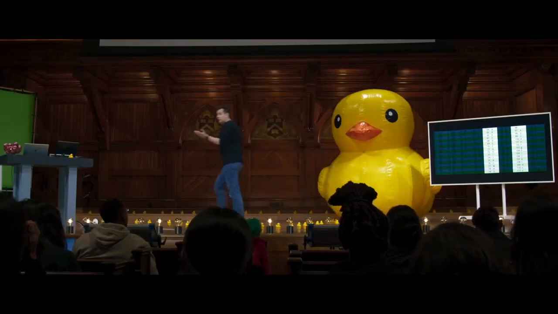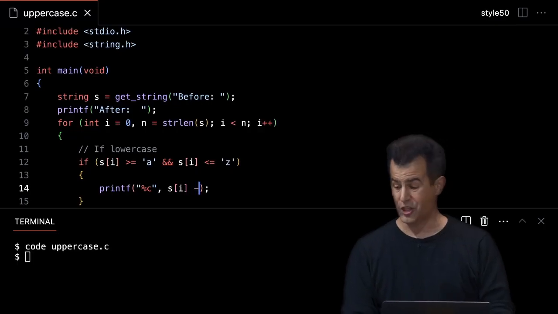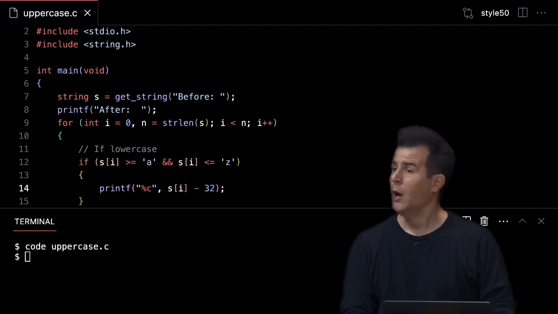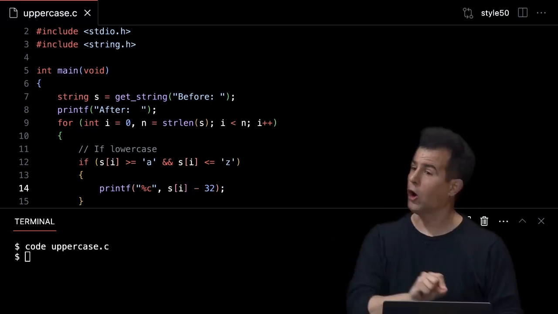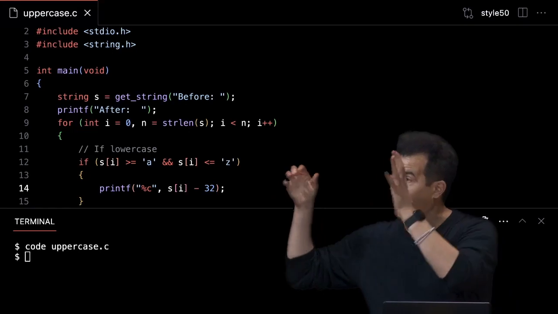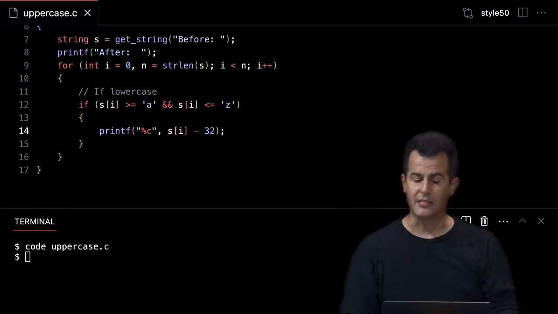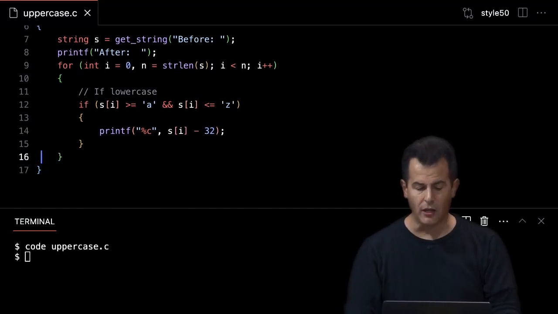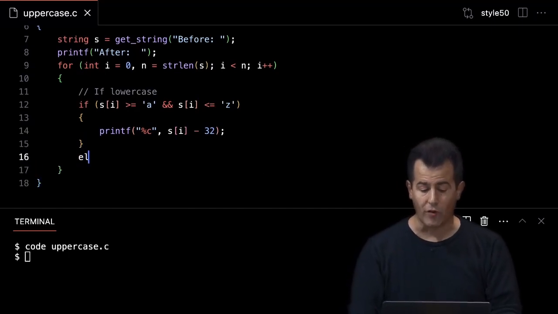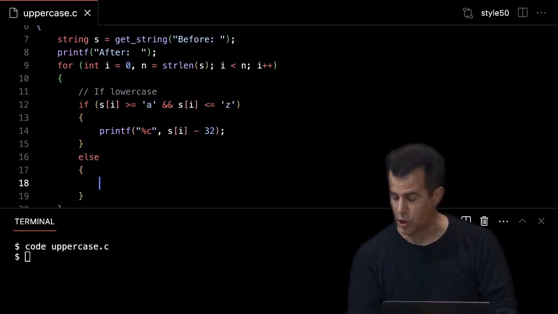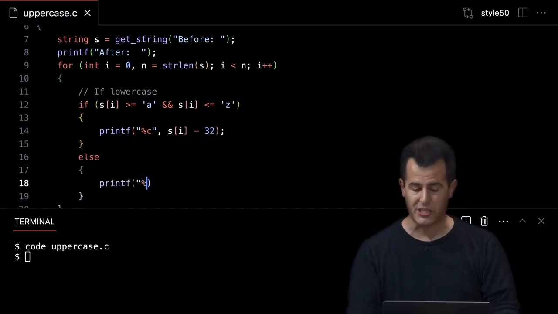So I can kind of leverage that. And this is not a CS50 thing. This is ASCII. This is in turn Unicode. This is how modern computers work. So if I go back to VS Code here, you know what I could do? Let's just literally subtract 32. But because I'm displaying this as a char, not as an int, I'm going to see the lowercase letter seemingly become uppercase instead. Else, if it's not lowercase, maybe it's already uppercase, maybe it is punctuation, let's just go ahead and print out with %c the original character unaltered.